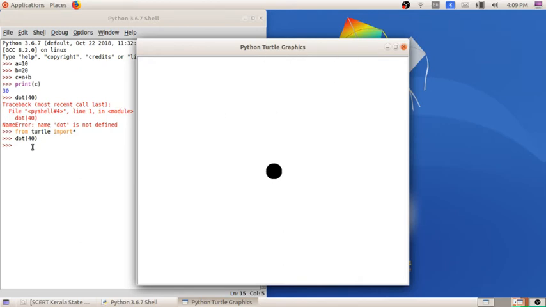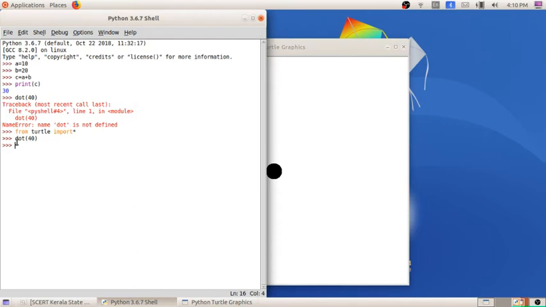All the commands we write related to graphics will be shown in that window. This one is the dot, and the next command I am going to type is forward of 100. From that name itself, what can you understand forward of 100 means?